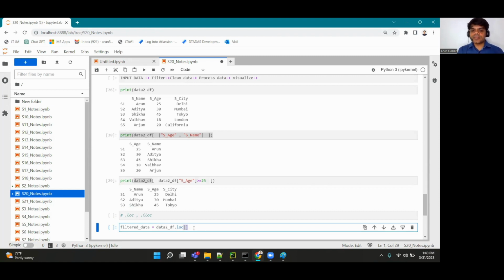So loc, as in this loc with square brackets, you are supposed to give hints with respect to rows and columns. What do you mean by rows? Suppose I want the S1 row, then I should provide S1, and in column, suppose I want city, so I can write S underscore city. So this is the hint that I'm giving to the pandas loc method, that I want the S1 row and S city. So shortly then, if I try to print here,